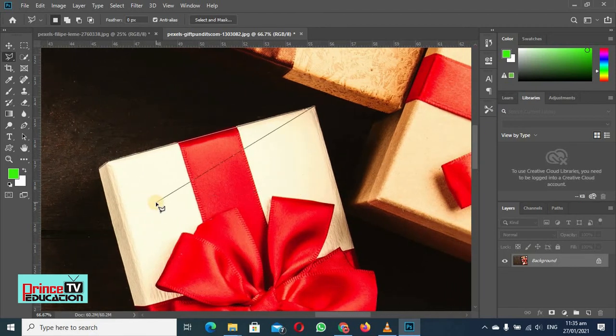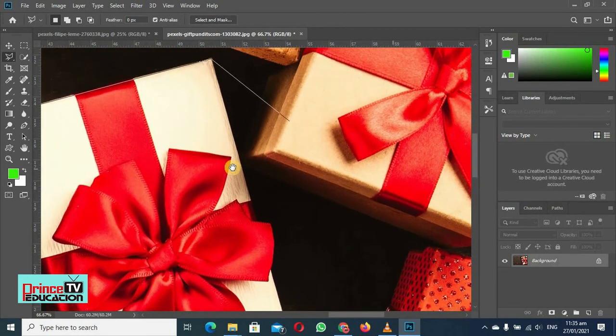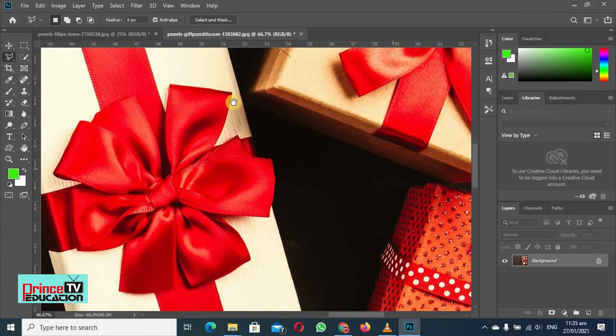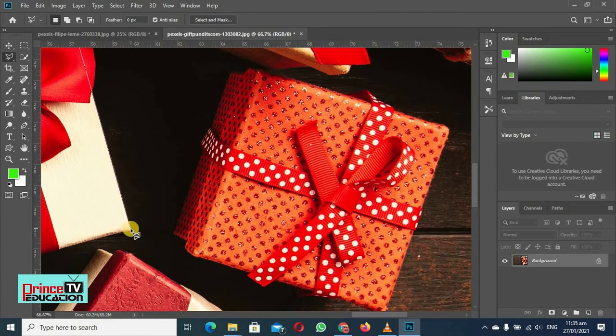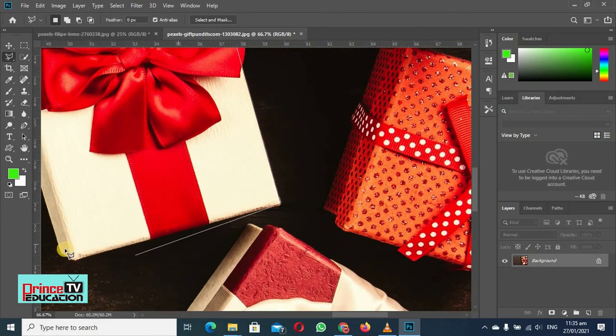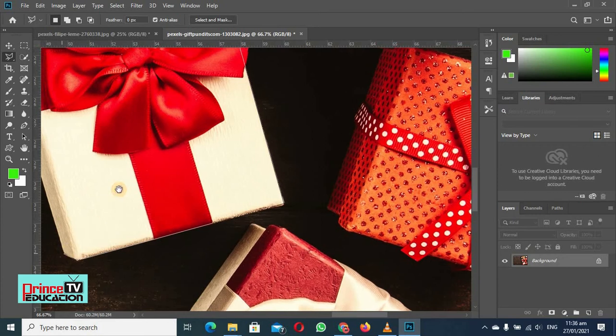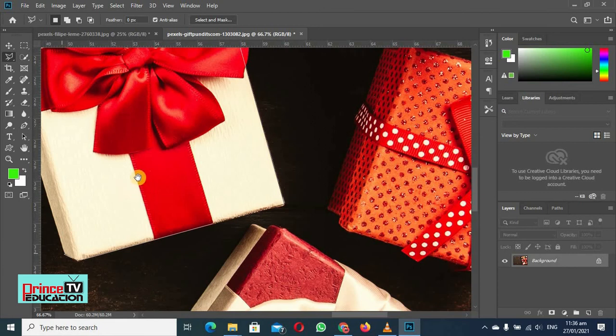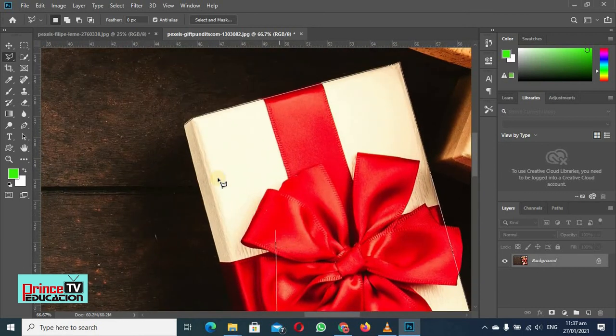We can delete the selection if we have done anything wrong. So again I will hold this and move a little bit upward, and then go downwards. You can just put it here, and you can again press tab and move in that direction. Click here, then click here, then press space and tab and move it a bit downward, and at the end you can click here